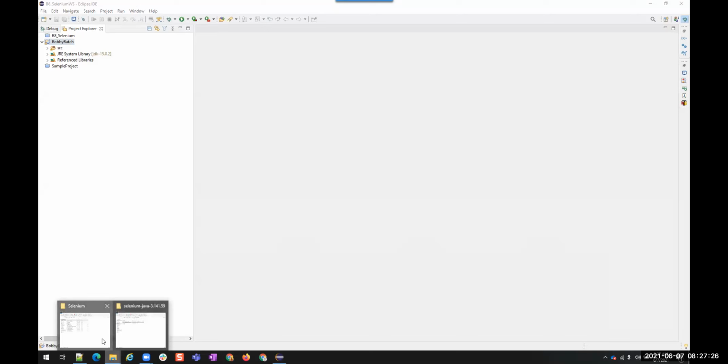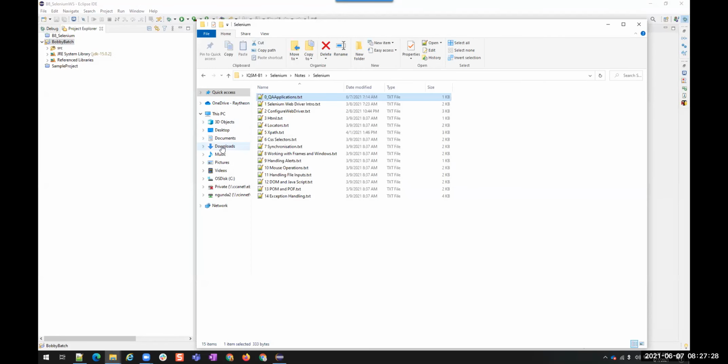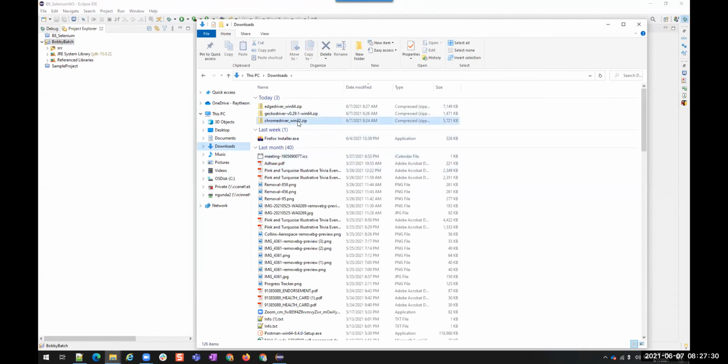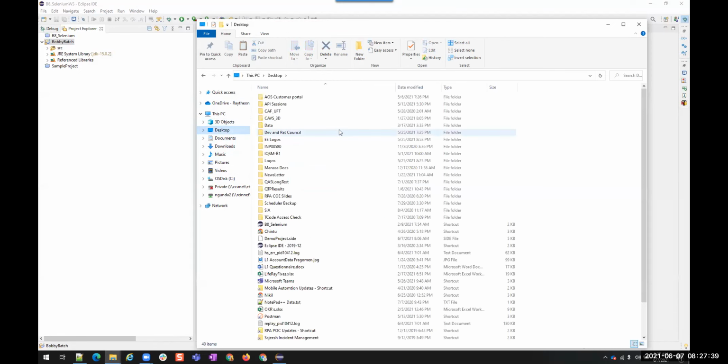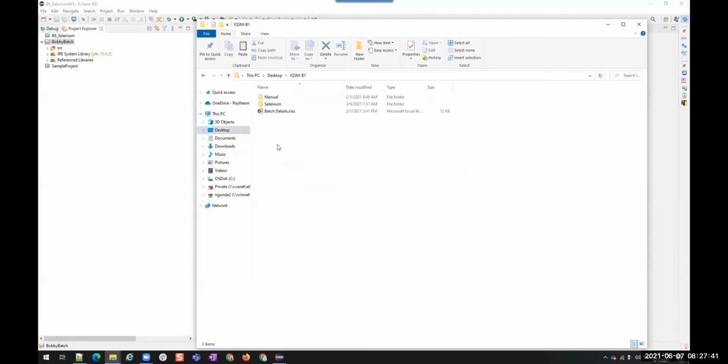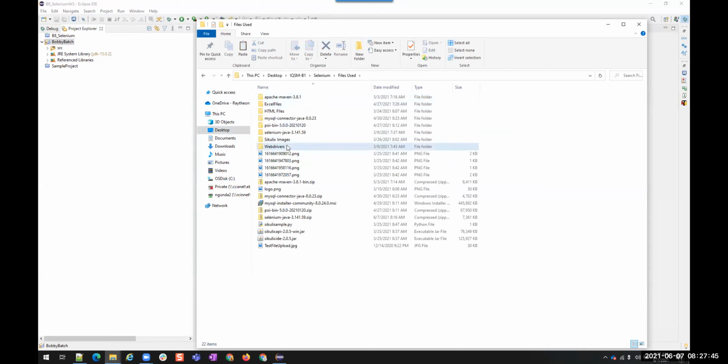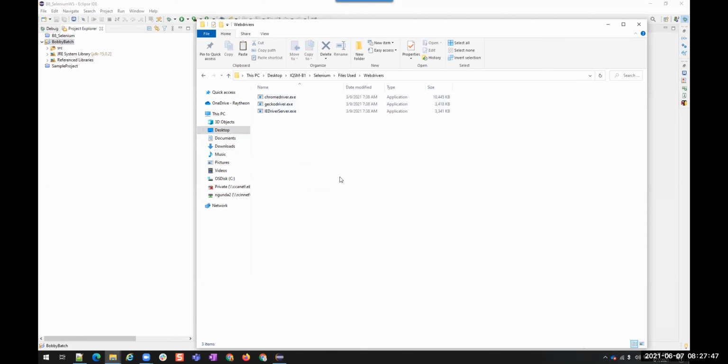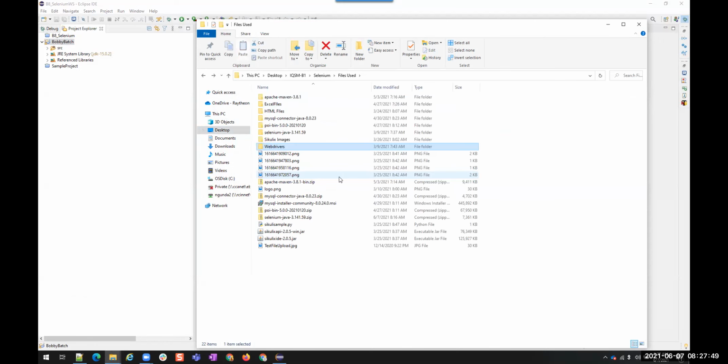Let's go to the downloads. Gecko driver, Chrome driver, and Edge driver. I'll copy these to our location, the Selenium files folder. I already have web drivers, but these are old ones, so I'll just remove them.